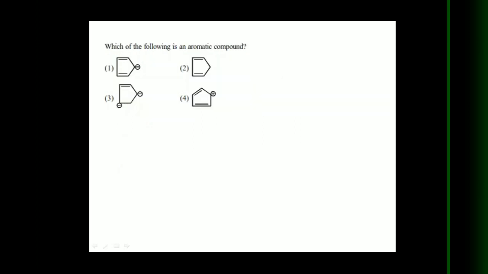So next. Which of the following is an aromatic compound? In this case 2 pi, here 2 pi, here negative charge 2 pi electrons. So here 6 pi electrons are there. Okay, so it is a non-aromatic compound. Throughout the ring, no conjugation. In this case, throughout the ring no conjugation, it is also a non-aromatic compound. Here throughout there is a conjugation, but in this conjugation only 4 pi electrons are involved. That's why it is an anti-aromatic compound. So the final aromatic compound is A. You know that aromatic compounds are more stable. Anti-aromatic compounds are very unstable at room temperature.